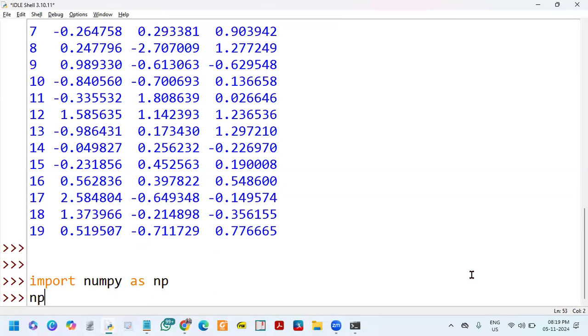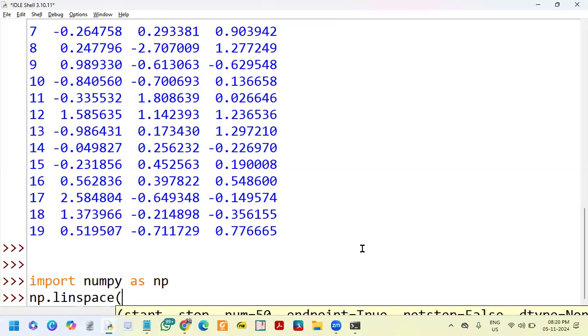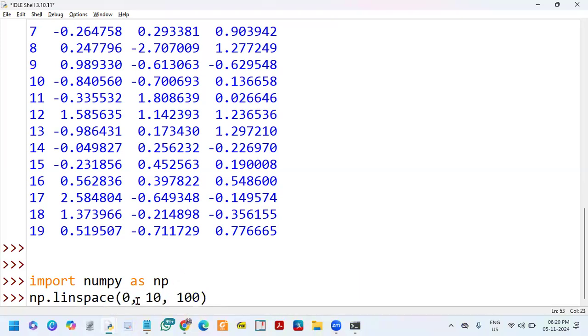I will generate, using linspace, linearly spaced. Linspace is short for linearly spaced. Linearly spaced values between 0 and 10. Total 100 values. So it is going to generate 100 values which are equidistant from each other between 0 and